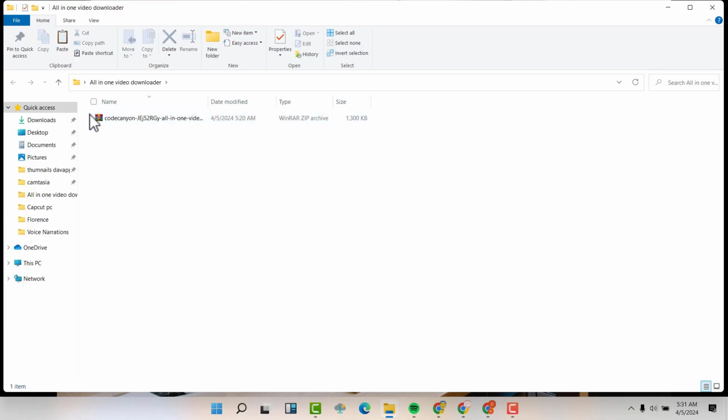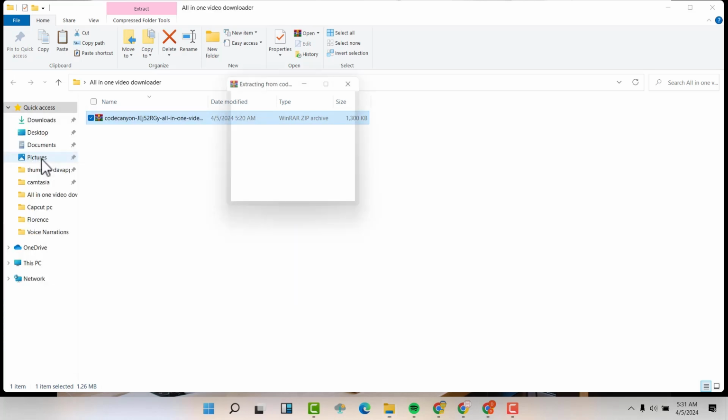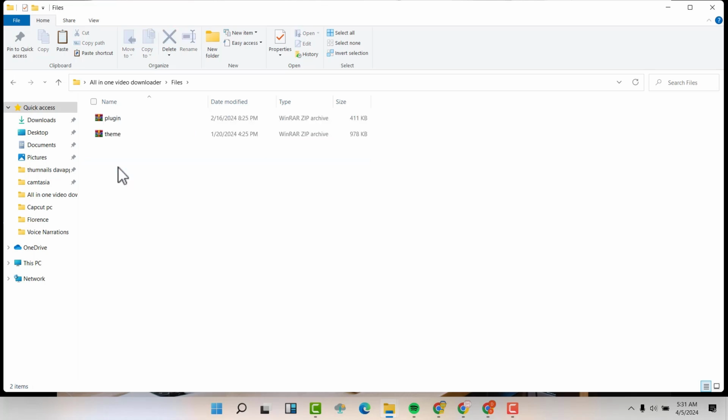Then after I've pasted it, I'm going to right click and say extract here. So when I go to my files, the ones that have been extracted, I'll be able to see my plugin and theme.